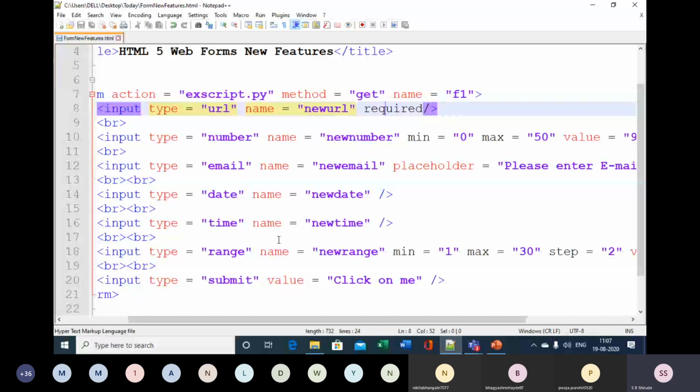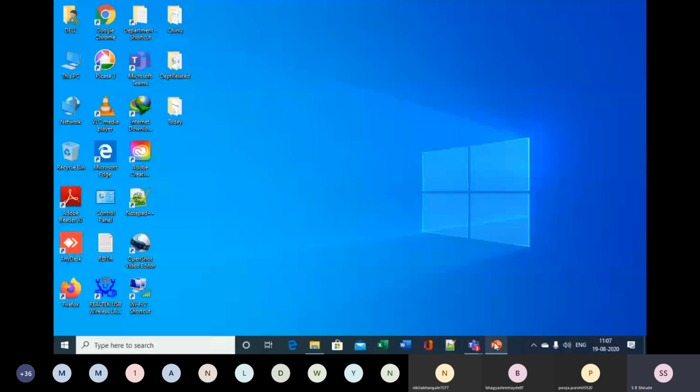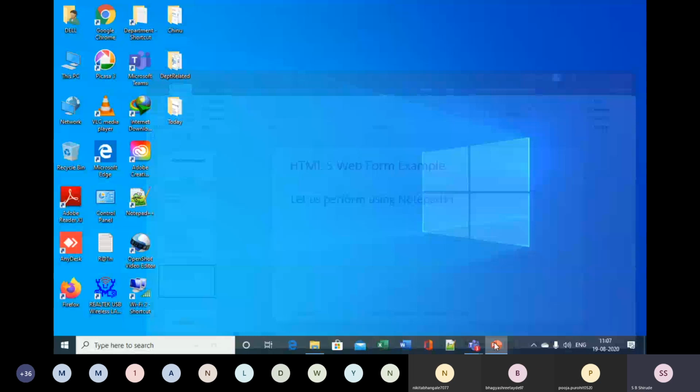Along with that, we also have seen the uses of the placeholder attribute, required attribute, and autofocus attribute. Okay, so along with this example, we have learned. I hope everyone might have understood how you can make use of all these controls in HTML5.